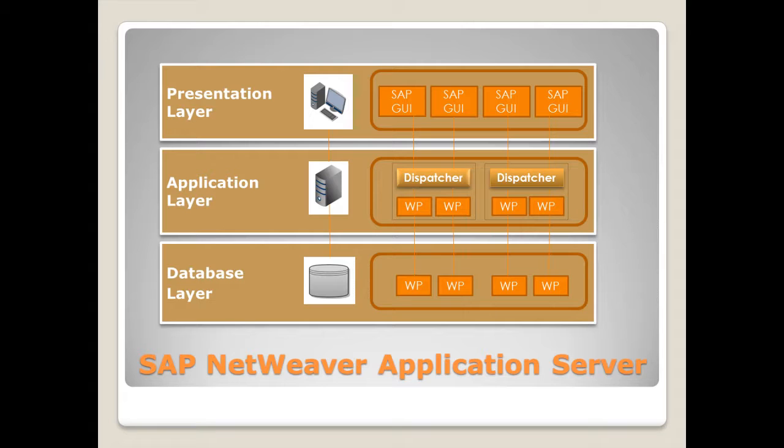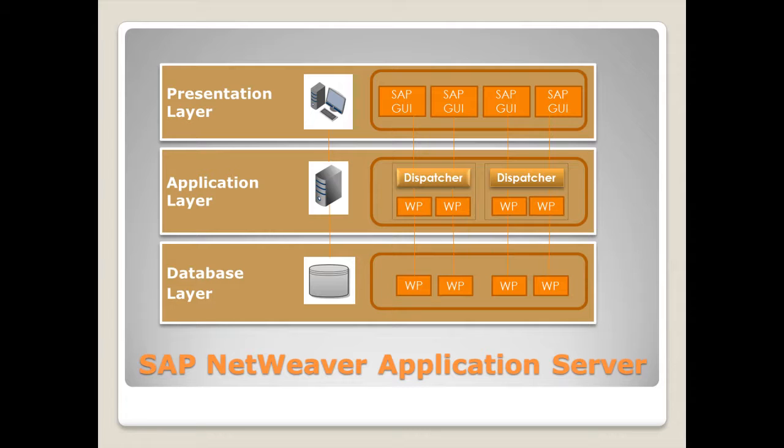The application server is where all central processing gets done. It coordinates and controls the application and also moves data from the two surrounding layers. The application server can have multiple instances. Like in this graphic here, we have two application servers running at the same time. The dispatcher, which is part of the application server, receives all requests from the presentation layer and sends them to three web processes to be executed. If data is needed, the application server communicates with the database layer.